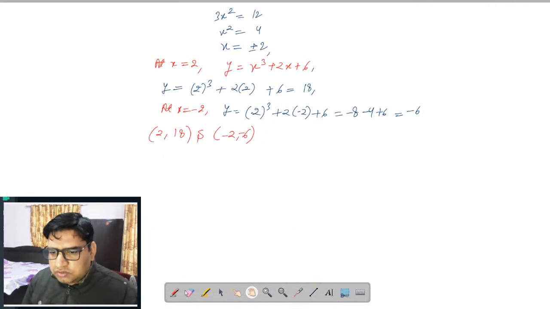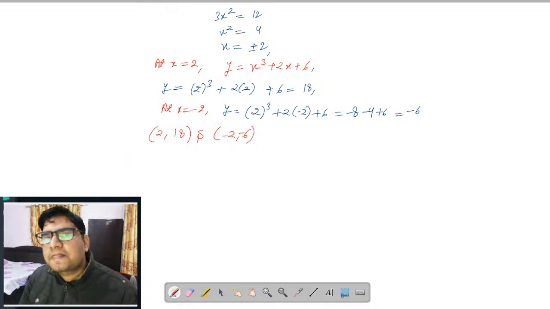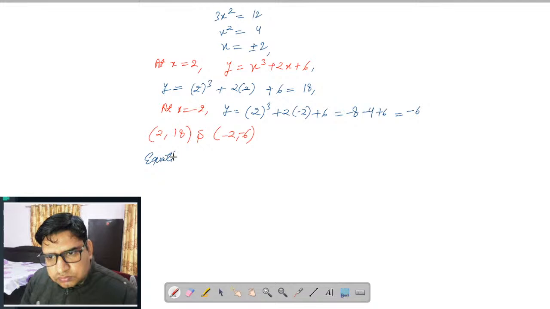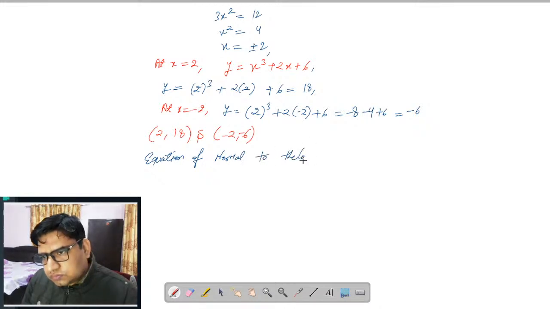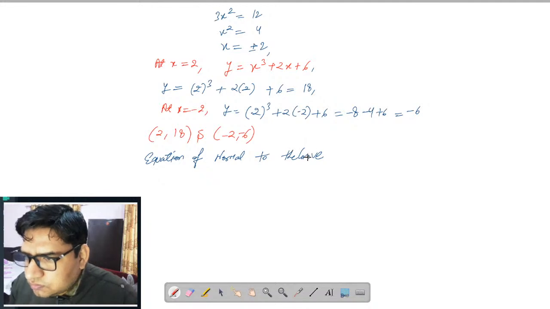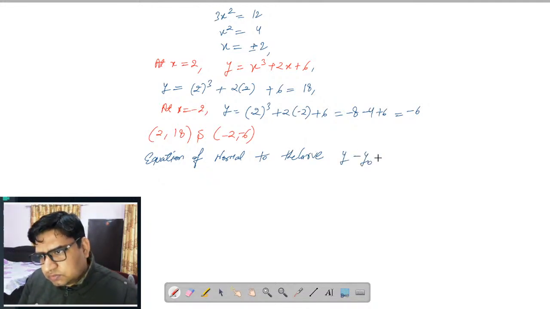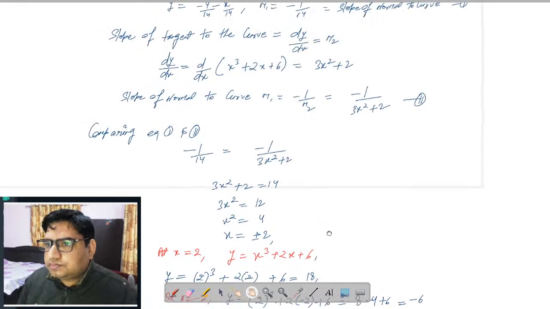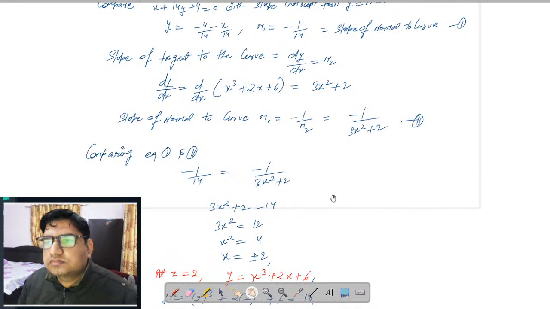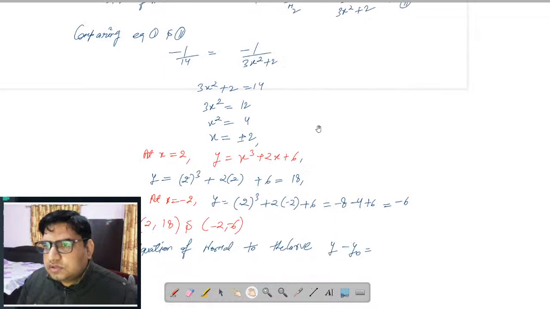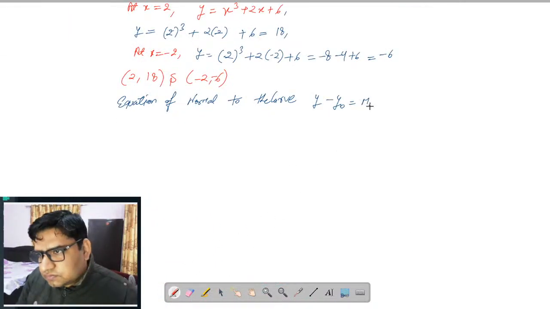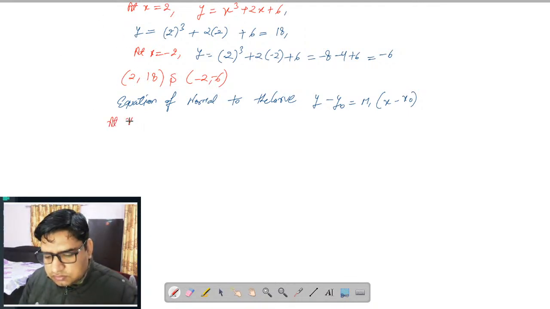So equation of normal to the curve is y minus y naught is equal to m1 into x minus x naught. Okay, and here we will simply write down at x is equal to 2 and y is equal to 18,